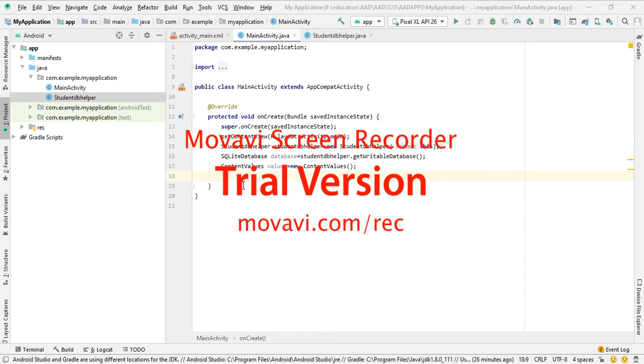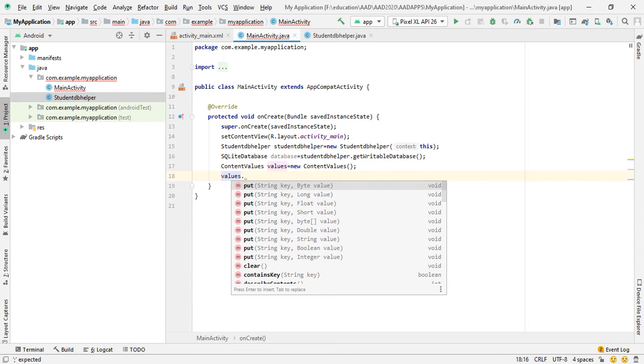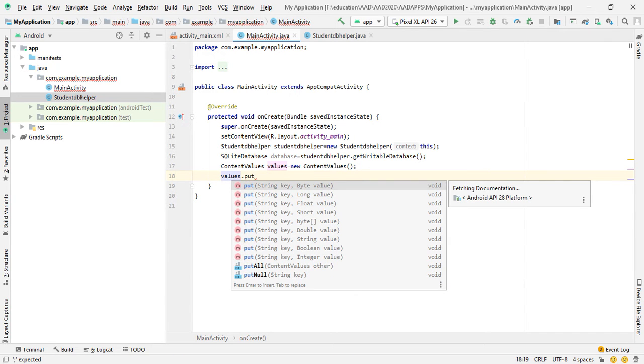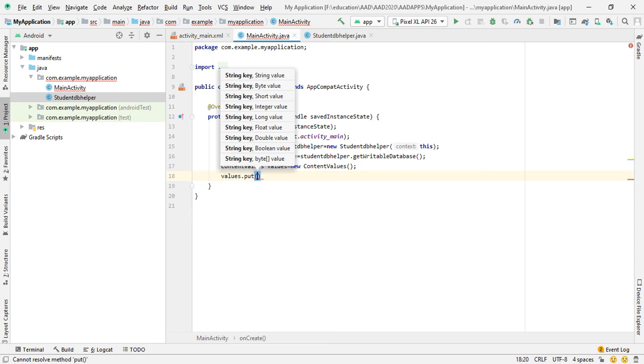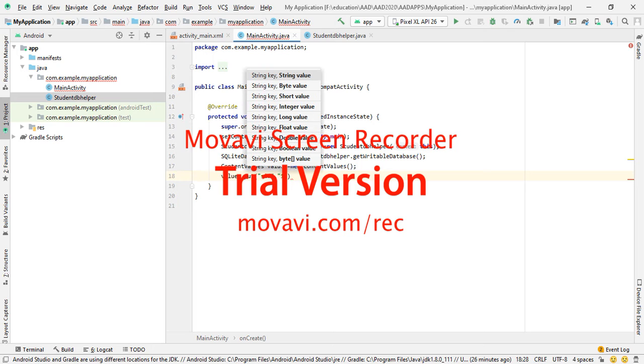Using the ContentValues object we can create the key value pair. So values dot put, using the put method, for the first column SID our value is 1.